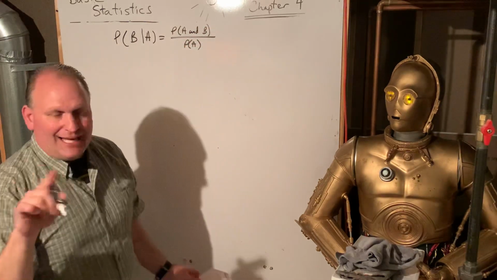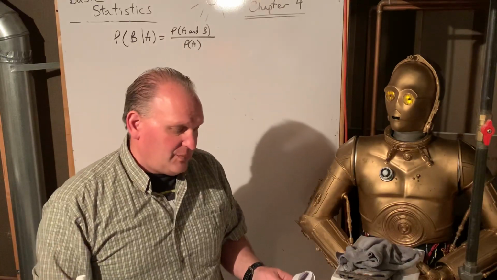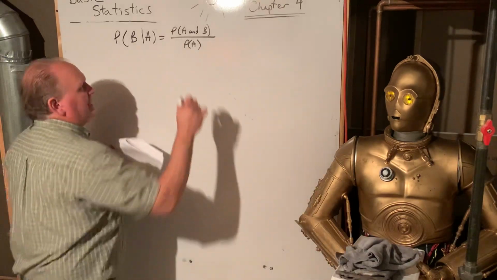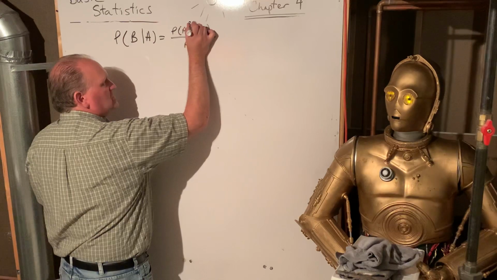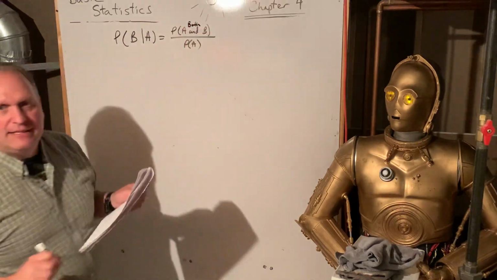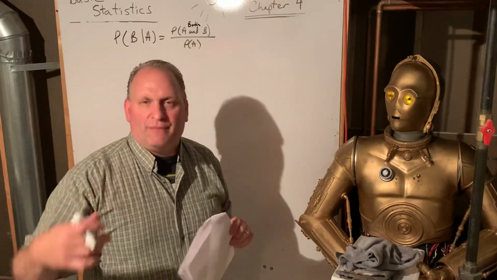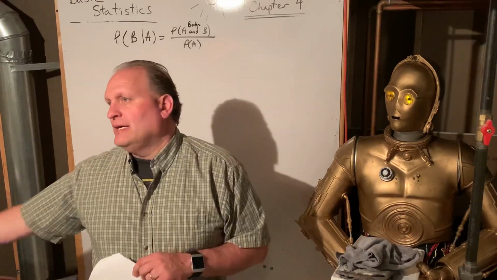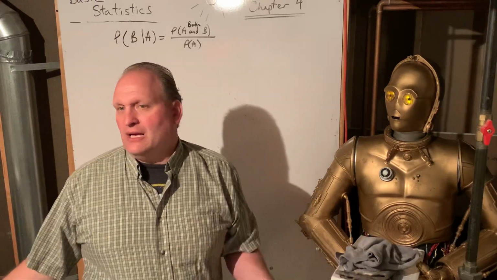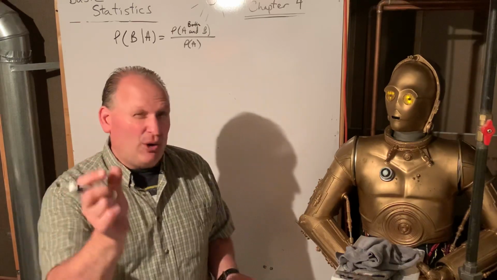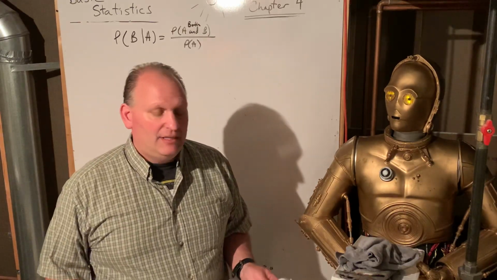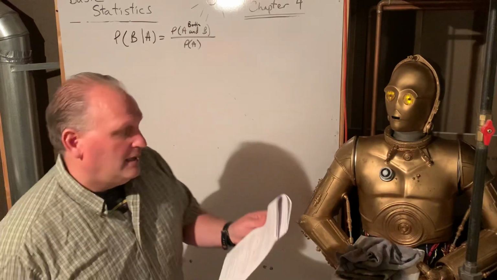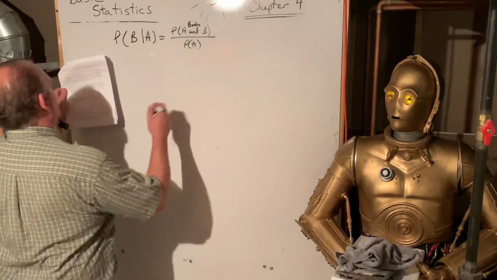I'd like you to add this in your notes. Put the word both above A and B. Just squeeze the word both in above that. That's both of them occurring simultaneously. That's like if I said getting a queen and getting clubs, getting the queen of clubs, they both happened at the same time. So that's what's going on with that. All right, so let's take a look.